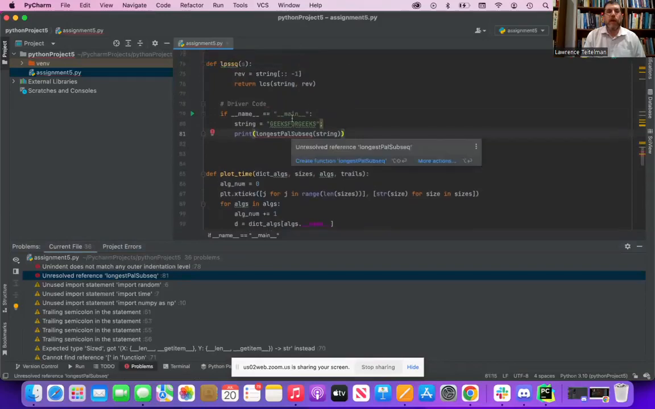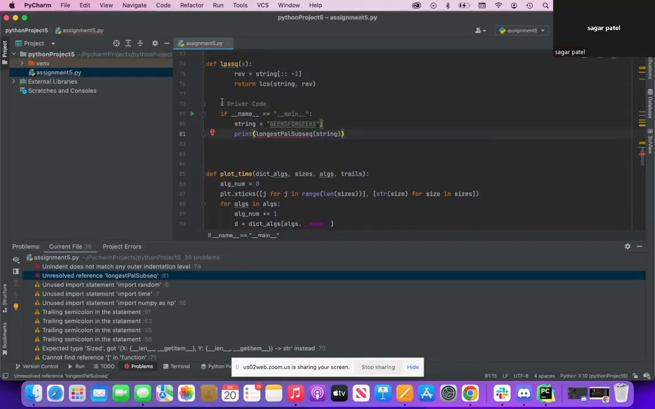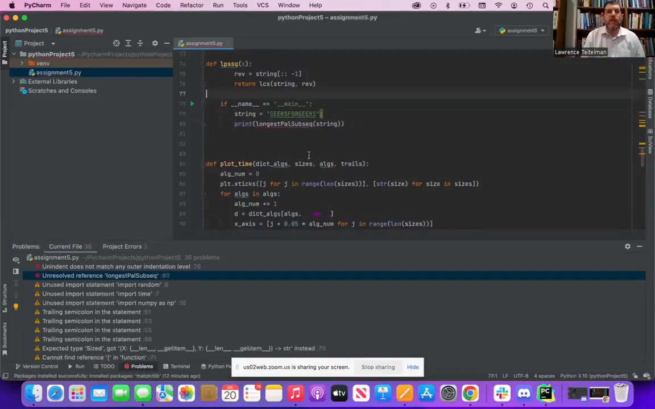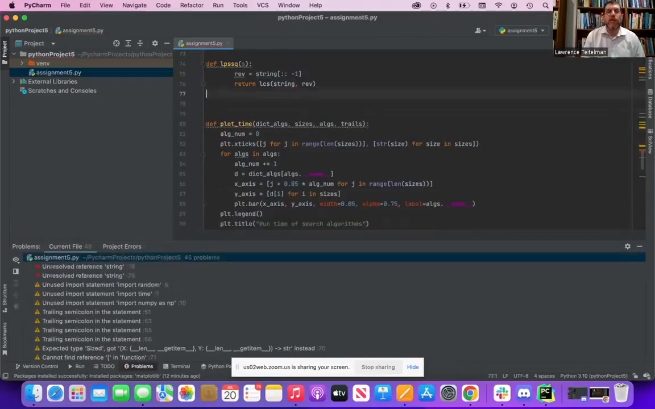Okay, we don't need that driver code. Get rid of line 78 through... Get rid of that. No, get rid of 70. We don't need that. 78, 79, 80. Okay, in your main code, you need to call it though. So go to your main code